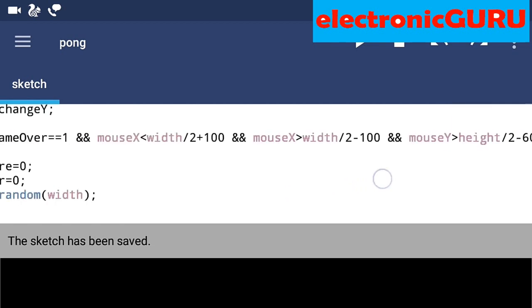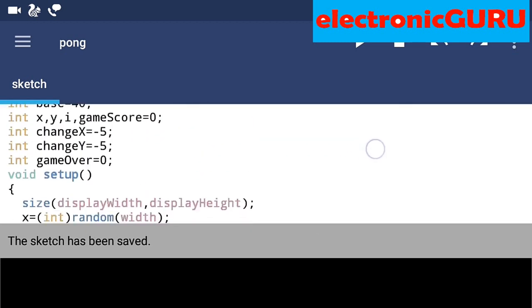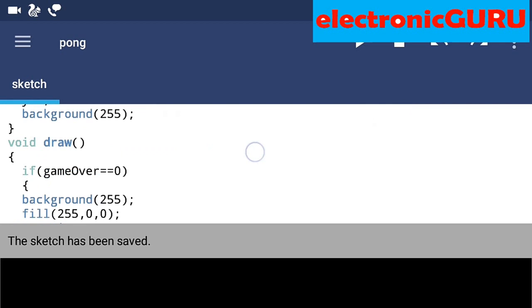You can see mouse x, width, y, it means just drawing a rectangle in the center. If you are familiar with coordinate geometry, you will understand what it means. Then it will assign game score equal to 0, game over equal to 0, and assign a new x and y equal to 0. That means game over equals 0 again, and the game will start again and again.